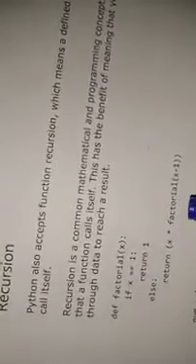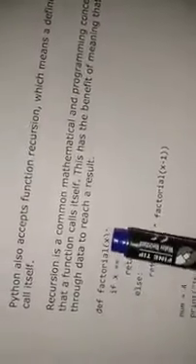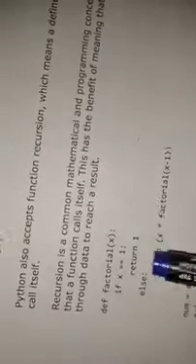Now I have defined a function factorial(x). This is a simple piece of code to calculate the factorial of any number. If x is equal to 1, then return 1, else return x times factorial(x minus 1). Here this function calls itself. Suppose you take x as 4, then the factorial of the number is calculated and the output is: factorial of 4 is 24.